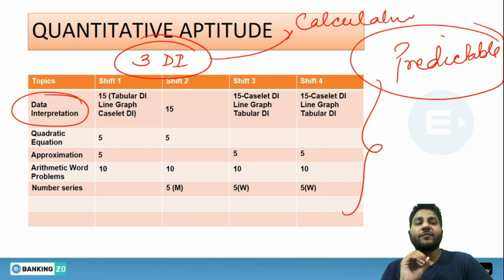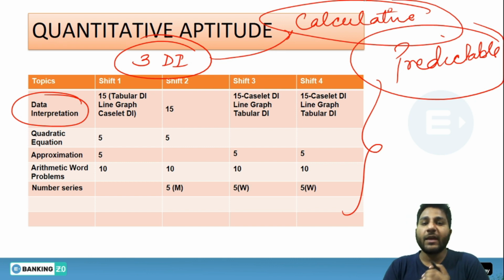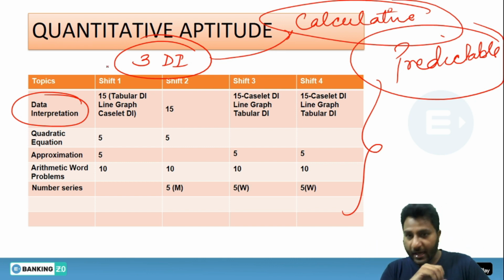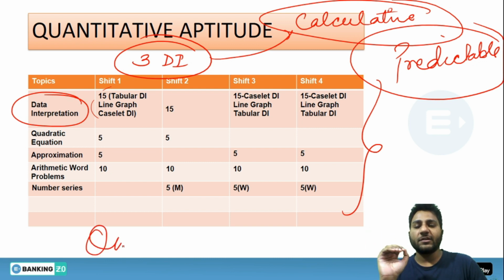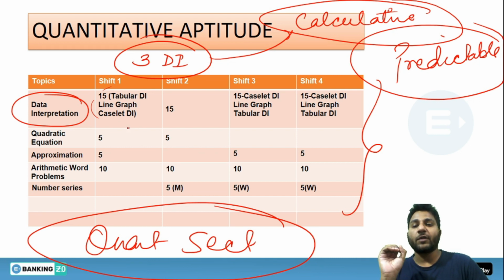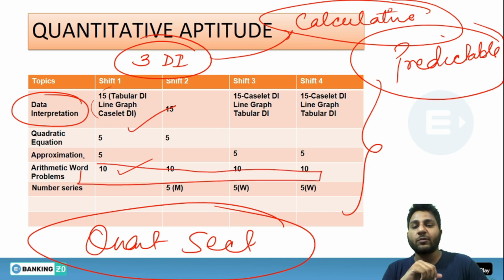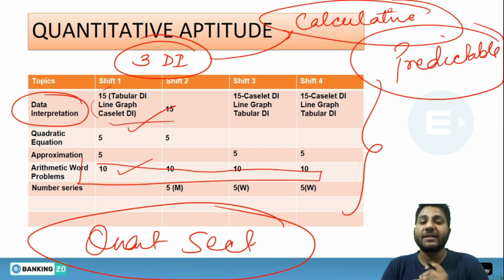From the responses we got, these 3 DIs were tabular, line and caselet, tabular, line and caselet, tabular, line and caselet. You have to remember that these three trends are common, so you can predict the quant section: you will get the majority of the questions from DI and the arithmetic segment. Look at this. The arithmetic segment was continuously asked 10 questions, while the DI segment was asked 15 questions